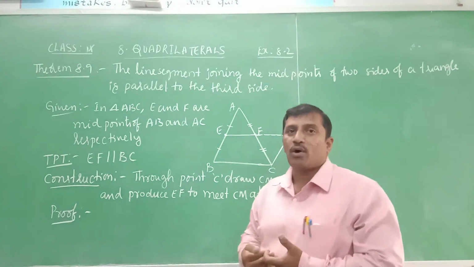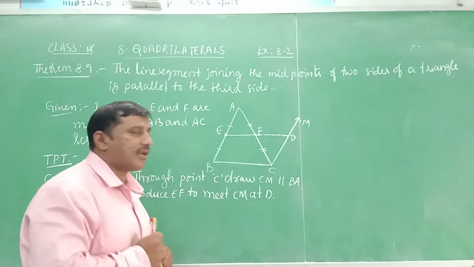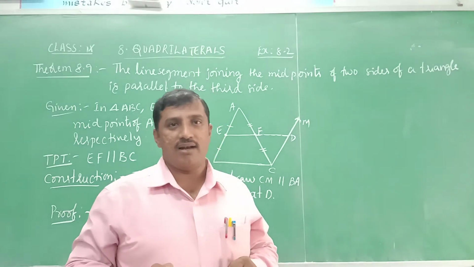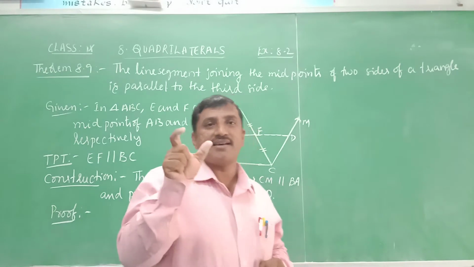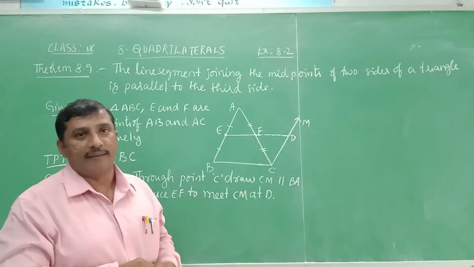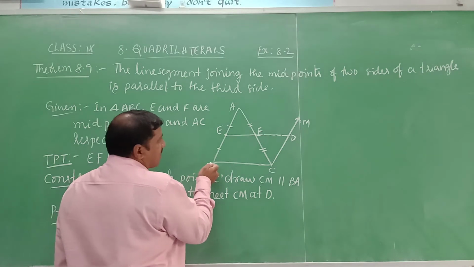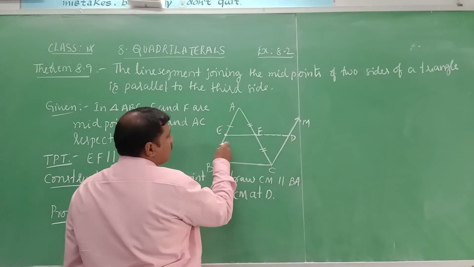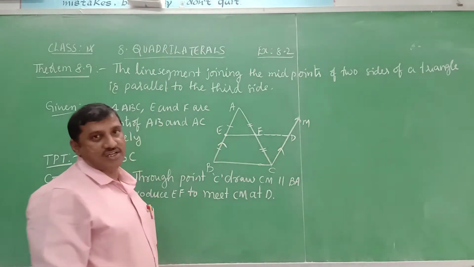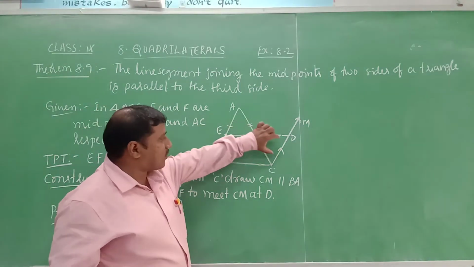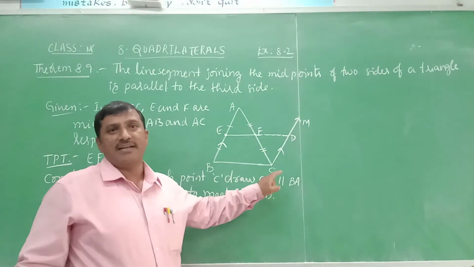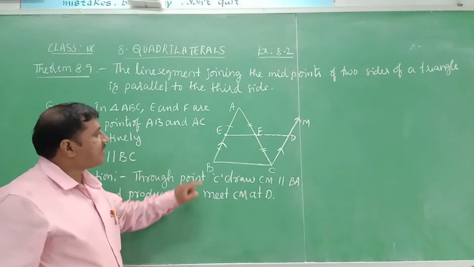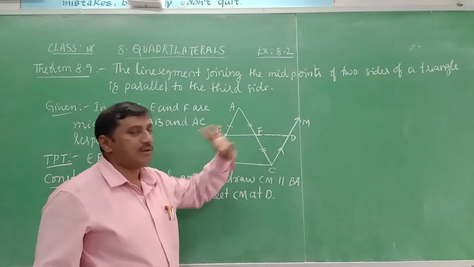So again we use the properties of parallelogram to prove it is a parallelogram. If one pair of opposite sides are equal and parallel, then it is a parallelogram. Now you see here, through construction BA is parallel to CM, it means BE is parallel to CD. These two are parallel to each other through construction. Now if you prove BE is equal to CD, that is this pair of opposite sides are parallel and equal, then it is a parallelogram. Yes, we need to prove BE is equal to CD.